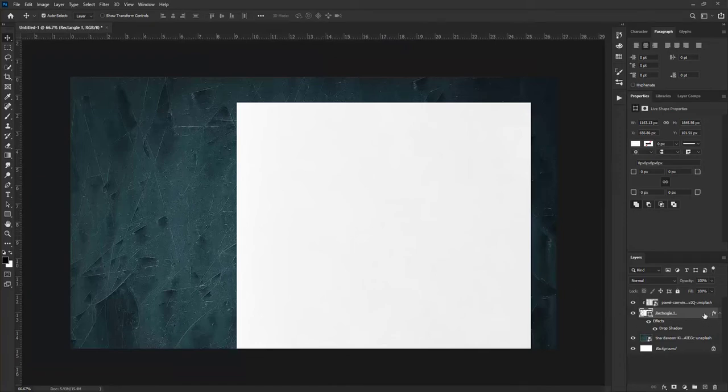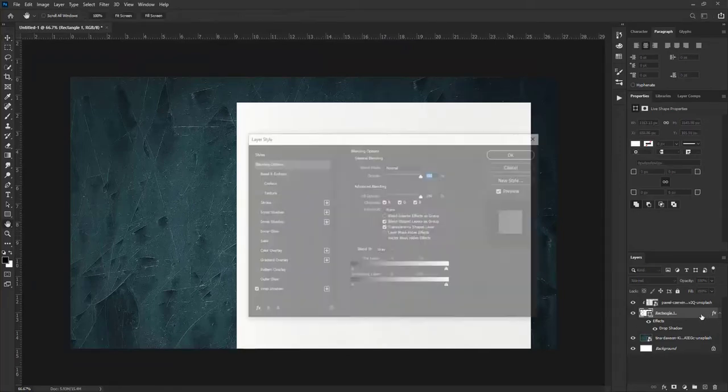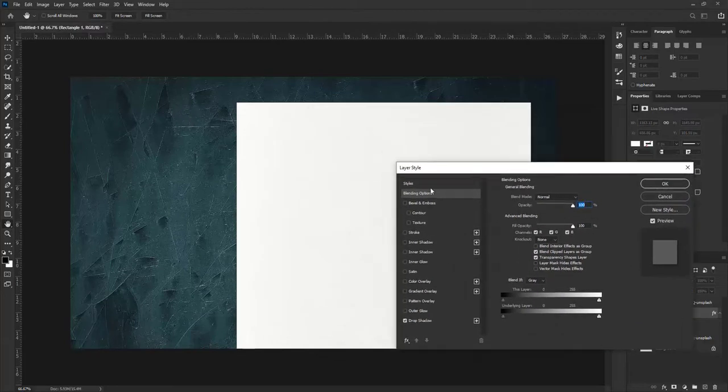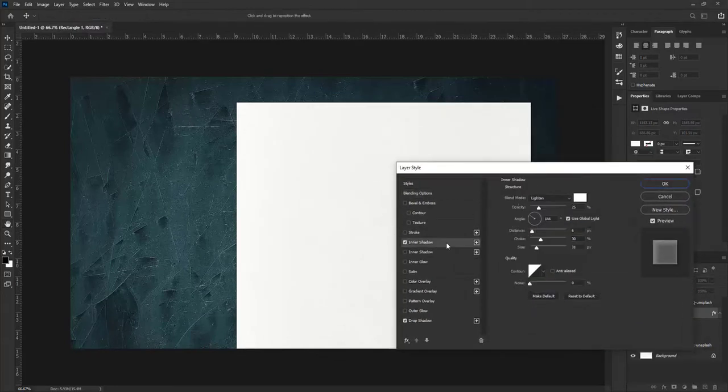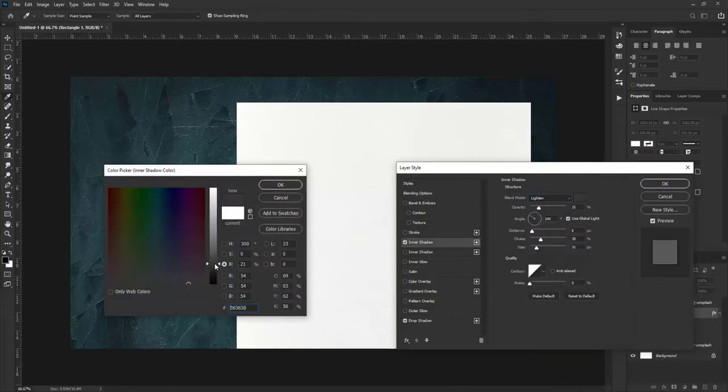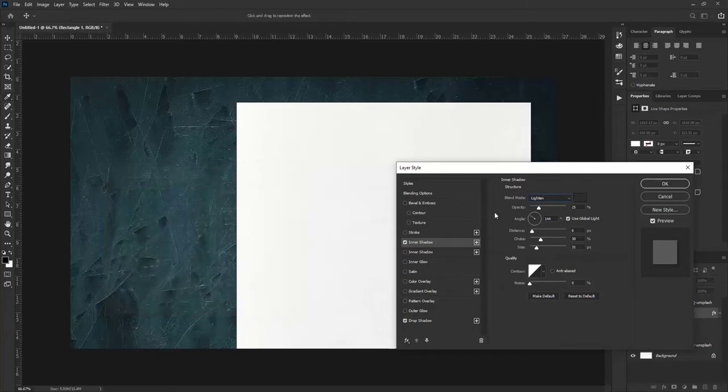Another thing we may like to add is, if we open this up, we can play around with effects. Sometimes an inner shadow works. We might want an inner shadow on this side. Let's grab a black or a darker color. Let's make the inner shadow over here. Let's take the